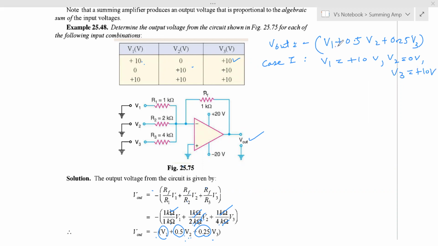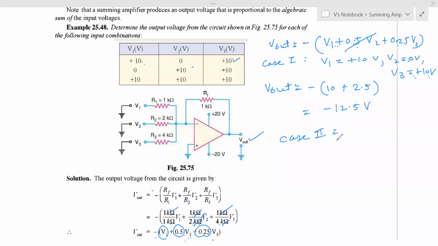Substitute this, यहाँ पे substitute करो, तो V out क्या आएगा पहले केस के लिए? 10 वोल्ट प्लस 0.5 इंटू V2, V2 इज 0, तो दूसरी टर्म तो कैंसिल हो गई। नाउ थर्ड टर्म 0.25 मल्टीप्लाई बाय 10 कितना आएगा? 10 मल्टीप्लाई बाय 0.25, तो 2.5 आएगा, राइट। तो V out will be -12.5 वोल्ट।